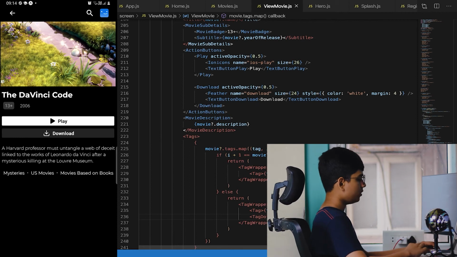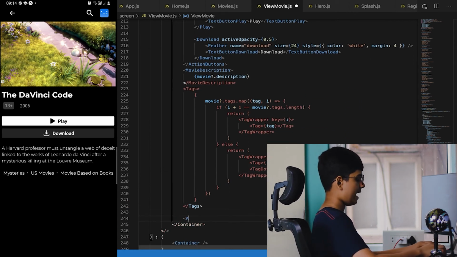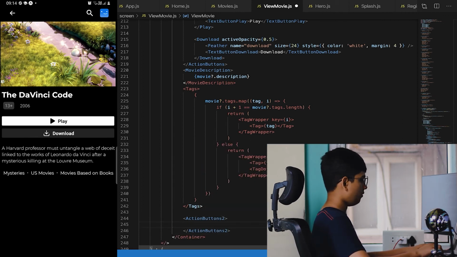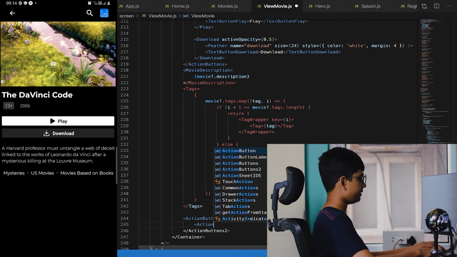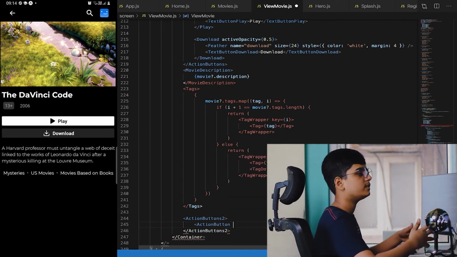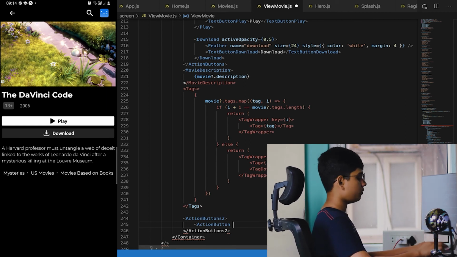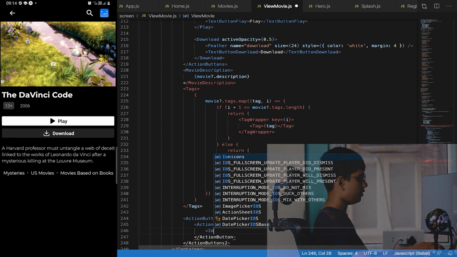Isn't that cool? So after all the tags, we'll be having action buttons too. So here what I will do is, first I'll be having an action button. This will be pretty dynamic in the next video, because in the next video we'll be building the my list feature, and we can get this dynamic. For now we cannot get this dynamic, so I'm going to make it just static. So on active opacity,